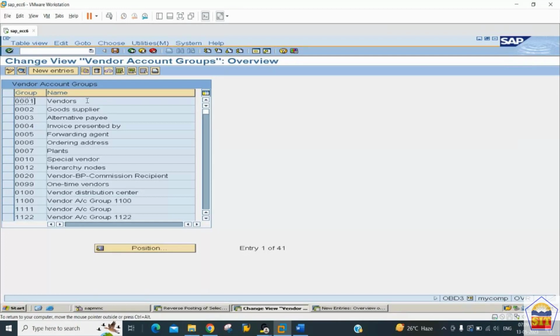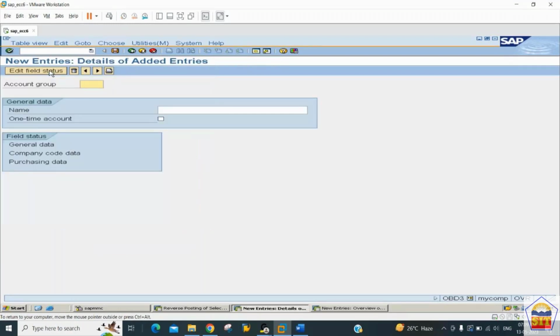Then after that we need to give the description. So here we have these many account groups. We can create our own account group as well, and for this, we can click on the new entry button. We need to give the account group ID. So let's have here the account group ID same as our company code ID. It is 2244. This is the vendor account group